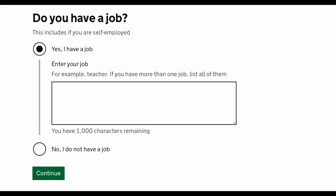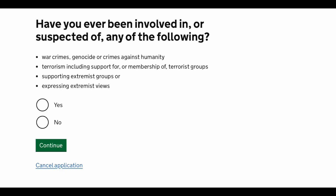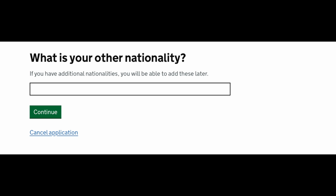Well, you'll need to enter your personal data, such as your address, your telephone number, and your email. You'll be asked if you have a job, and if so, what it is that you do. You'll be asked if you've ever had any criminal convictions in any country. You'll be asked if you've been involved in or been accused of war crimes, terrorism, or you've been linked with any extremist groups. You'll be asked if you have citizenship in more than one country, either currently or in the